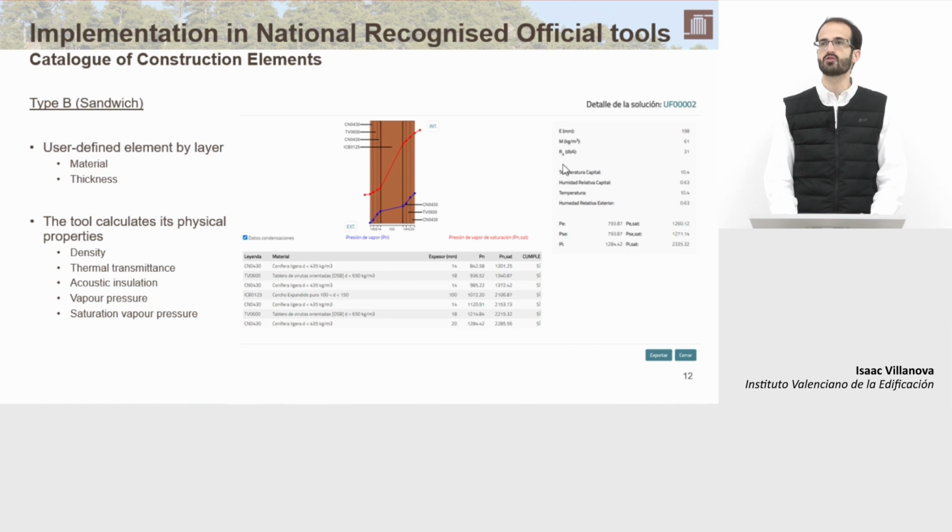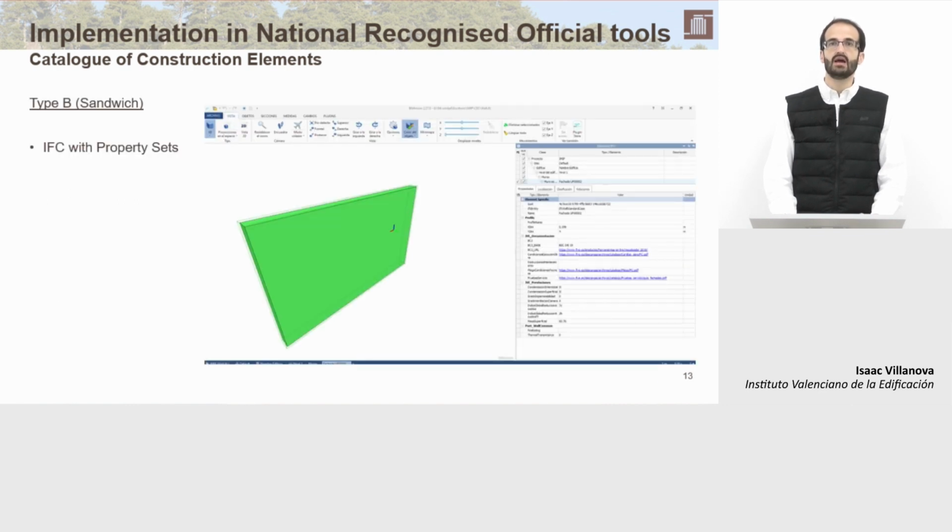And all the information is provided in charts in the online tool. And also the user can export with this button from here the constructive solution and its properties to the IFC format. If we took this IFC and import it in a BIM program, we can see that it has property